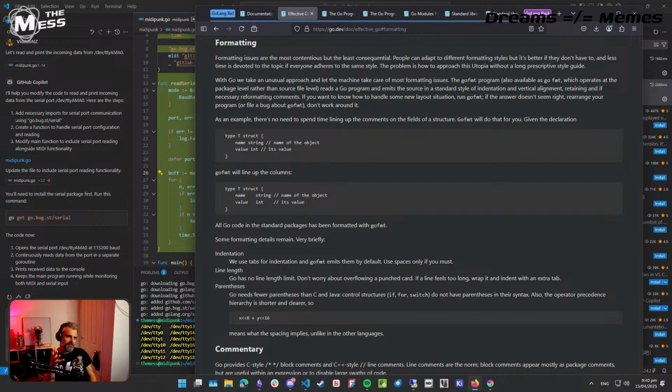Okay, well, they go on to justify that by saying people can adapt to different formatting styles, but it's better if they don't have to. And it's better if everyone adheres to the same style. Look, I actually agree with that. I think even if the style of a company or a team is different to what the individual's preference is, if everyone's working in that same style, there's less friction between people on a team. If you're working by yourself and this is code that only you're ever going to use, which I really don't think you should think about code in that way ever, but